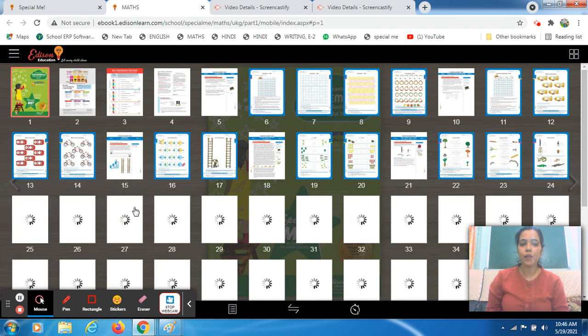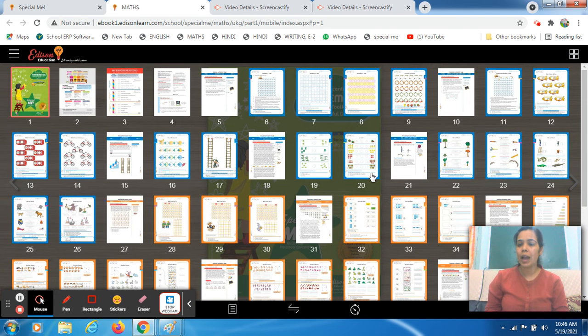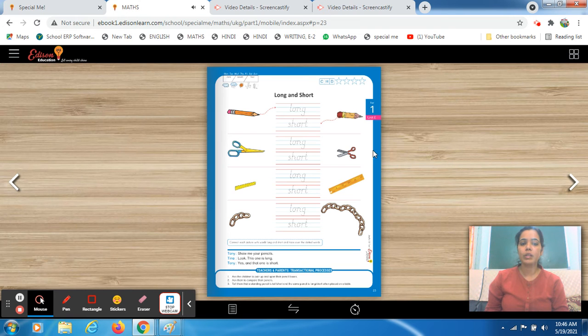So now you have to open your book to a new worksheet, which is page number 23. You all have to open page number 23 from your book, right? Today I'll introduce you to a new concept of long and short. I told you when we have to measure the height, then we use the term tall and